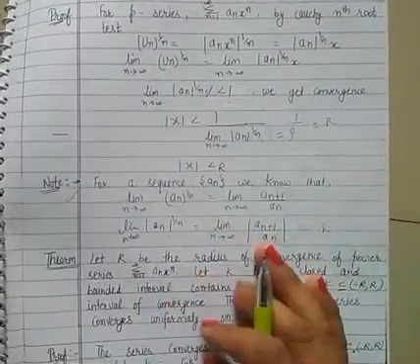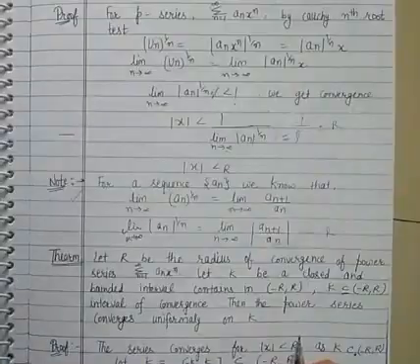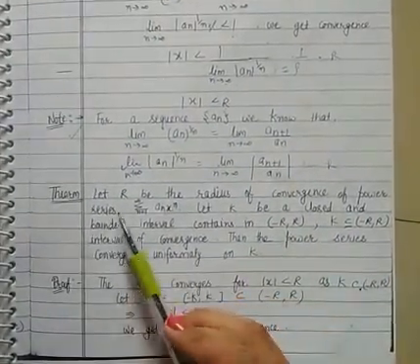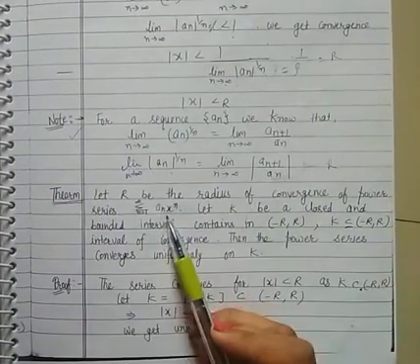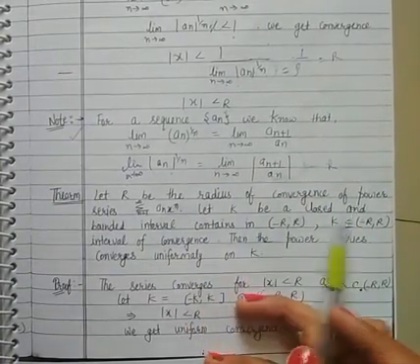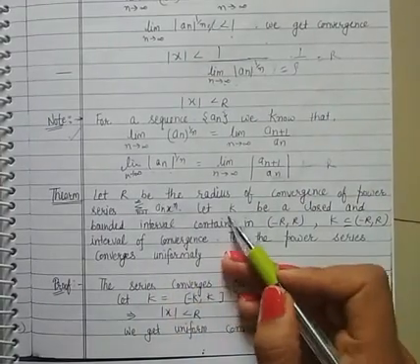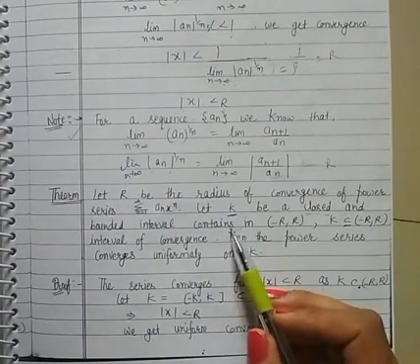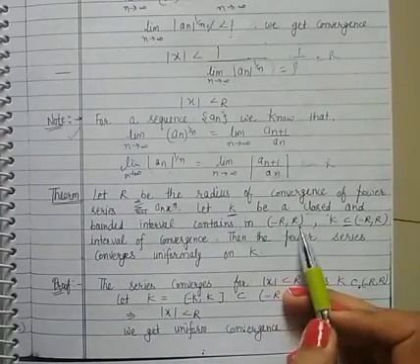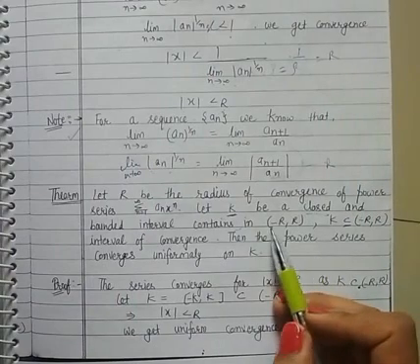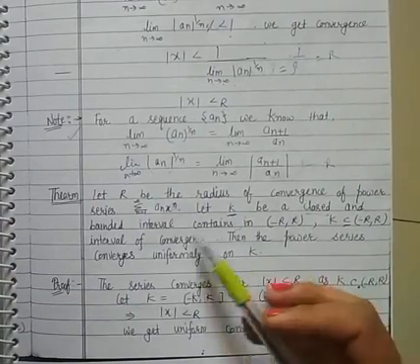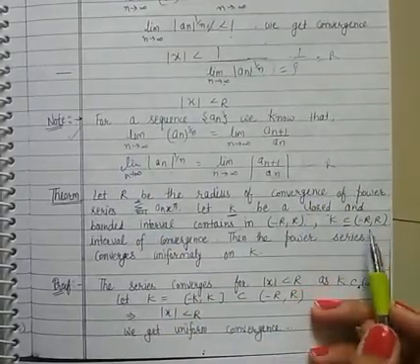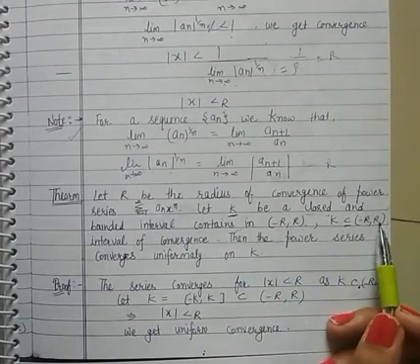So before we come to the numericals, there is one more theorem which is a very simple theorem, and it says that, let r be the radius of convergence of the power series summation a_n x^n. Let K be a closed and bounded interval. So K is a closed interval and bounded also. It is contained in (-r, r). This interval (-r, r) is the domain of convergence. You have r as the radius of convergence. So (-r, r) is the domain of convergence, and this K is inside this (-r, r).